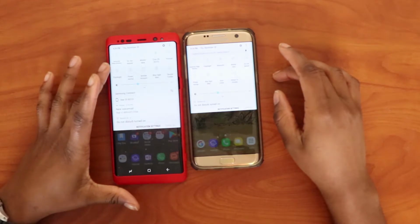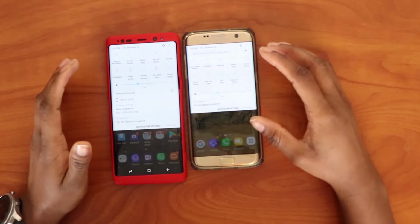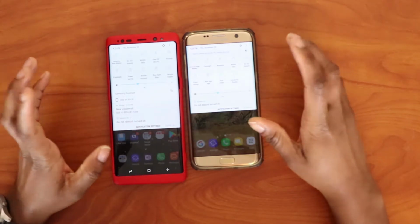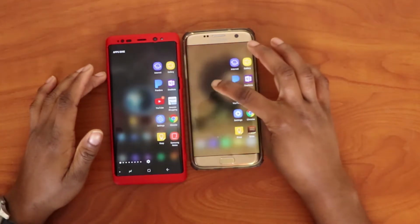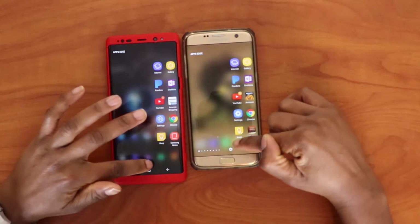And Note 8 also has what is called secure folder, while the S7 Edge does not have it. Both of these phones have what is called Samsung Knox security. These two phones have the Edge functionality, but there's a little bit of difference. If you go to settings here,